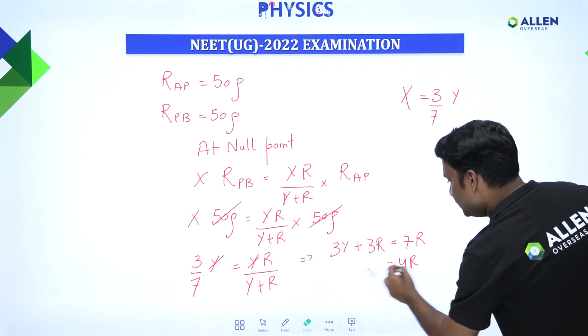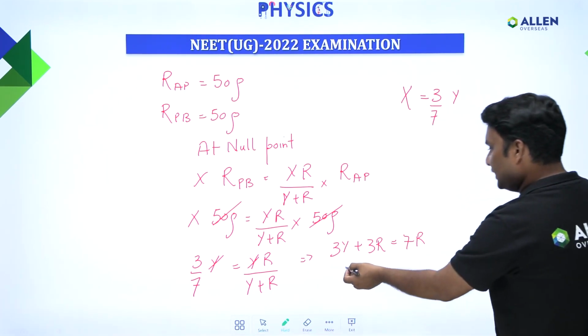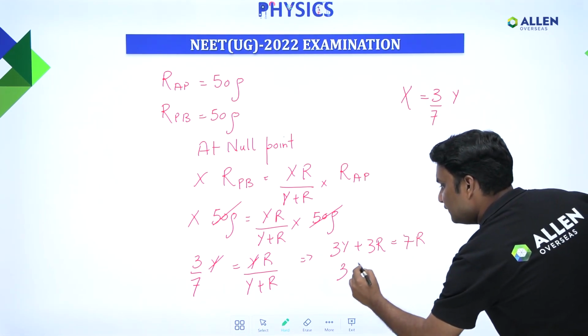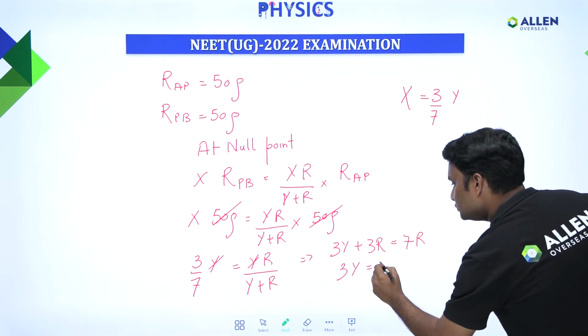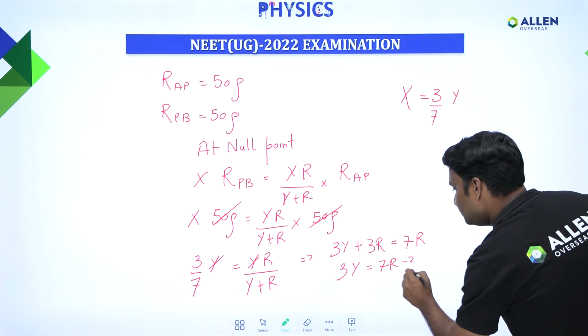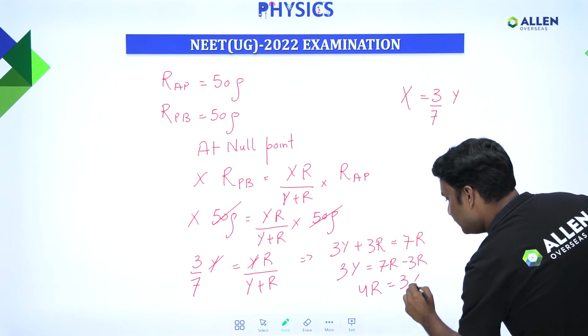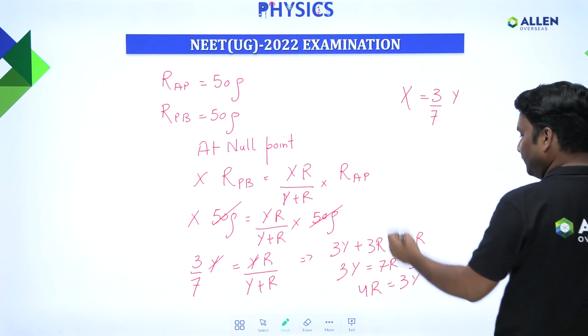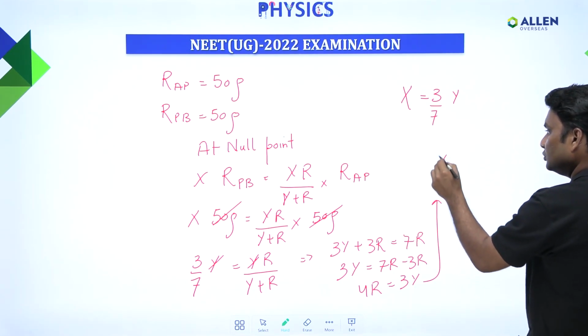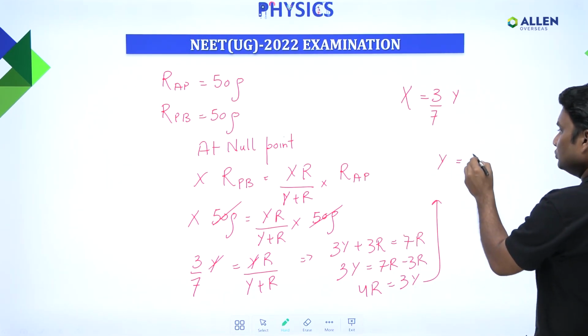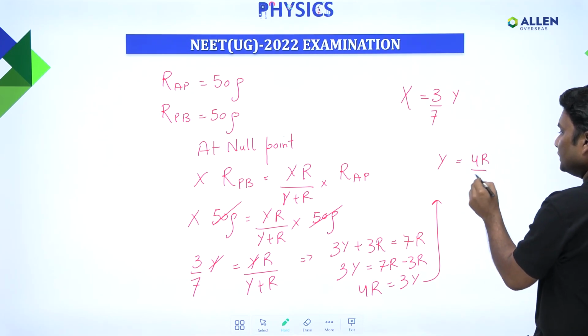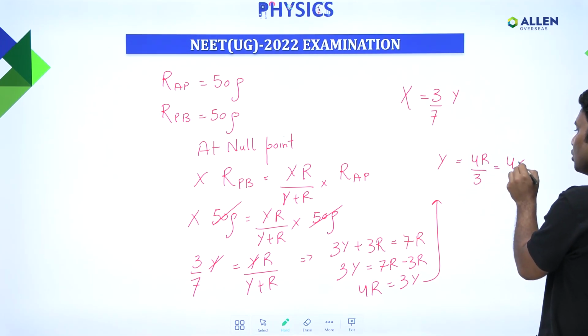Sorry. So here I can directly take this 3Y is equal to 7R minus 3R, that is equal to 4R, it is equal to 3Y. So I can say Y is going to be equal to 4R by 3,